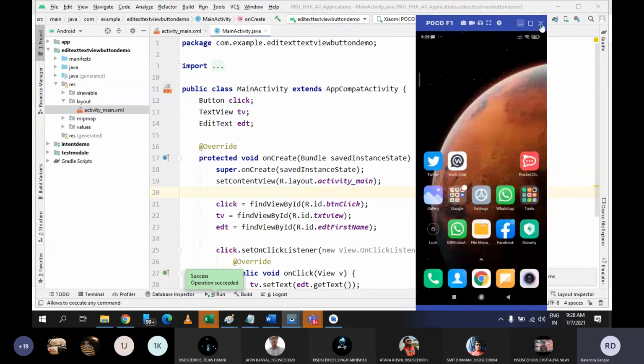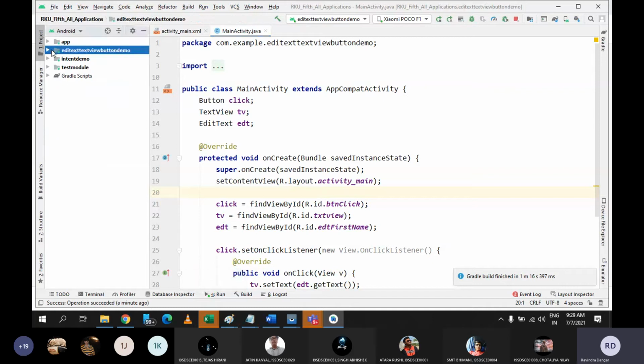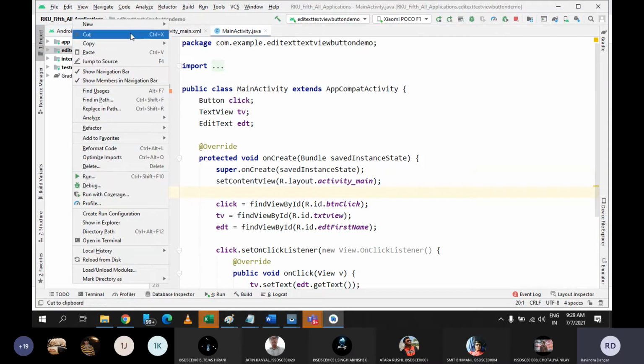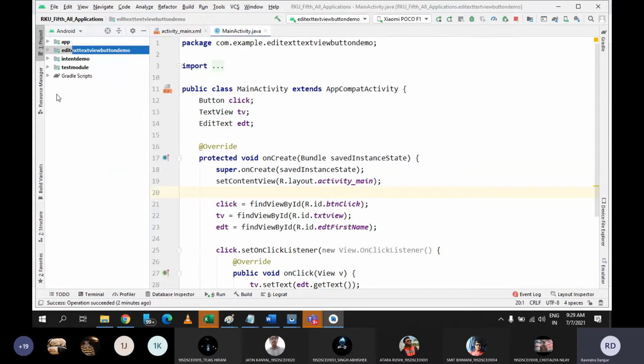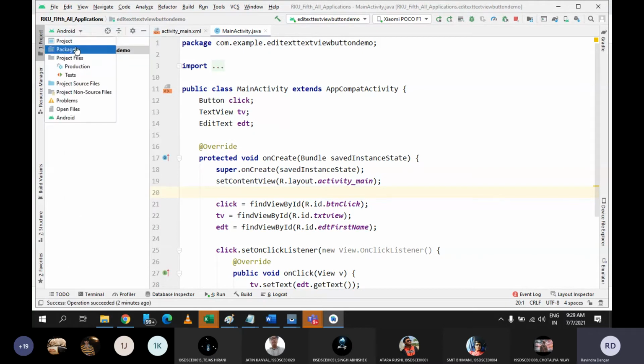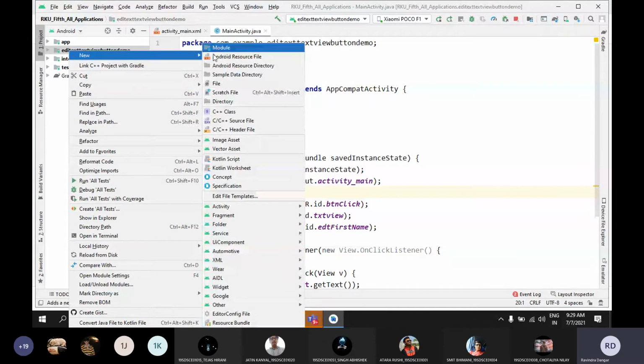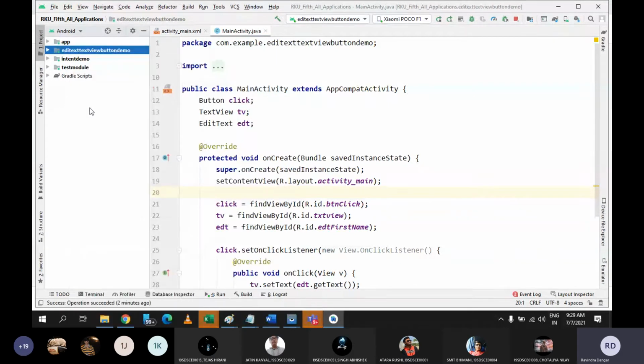So now one more thing, I don't want to start a spinner control straight away. Now one more application I want to go with. Let me do right click again. Why am I not able to create the new module from here? Yeah, I think I can do right click here from the empty space.